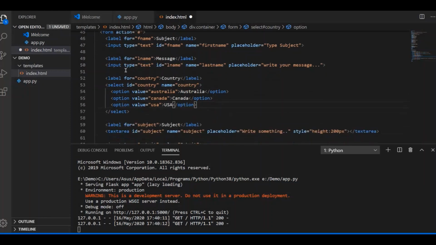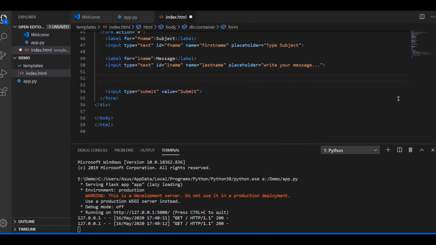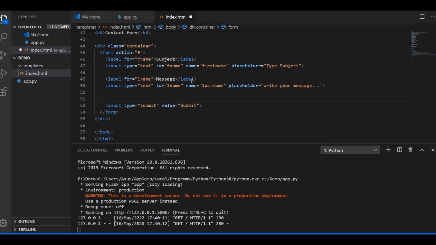After that we don't need this one, so we will remove it, and now we will also remove this also. We have a submit button, we have subject, we have message, we should have receiver email ID.